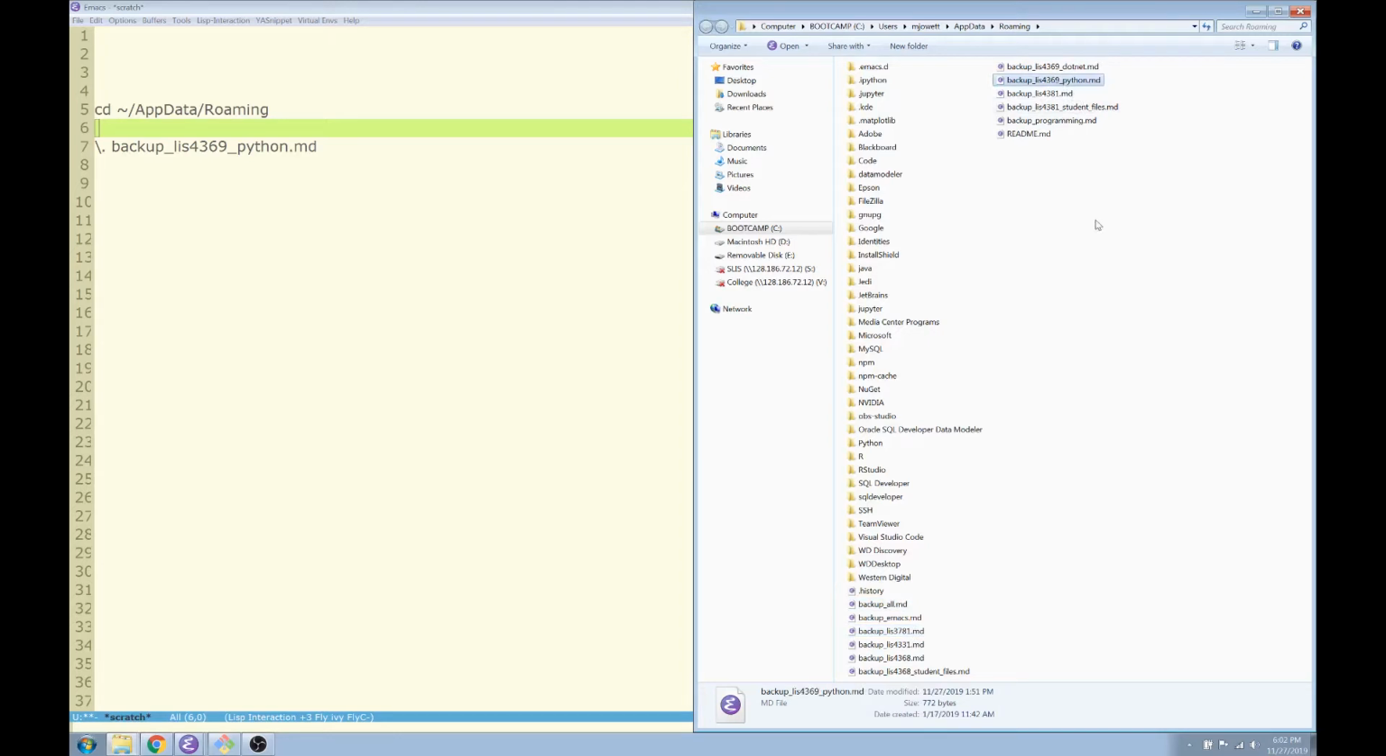Right now, let's focus on backup underscore LIS4369 underscore Python. Now, mind you, that's a course I'm teaching right now. I taught it in a configuration where it was .NET. As you can see right here, based upon this backup file, this is Python. But truthfully, the Python course that I'm teaching right now is a multifarious course. It's not just Python I'm teaching. We're discussing R, data visualization,